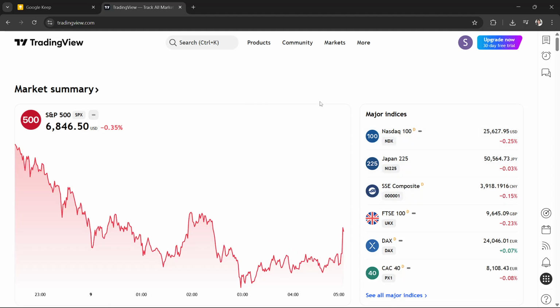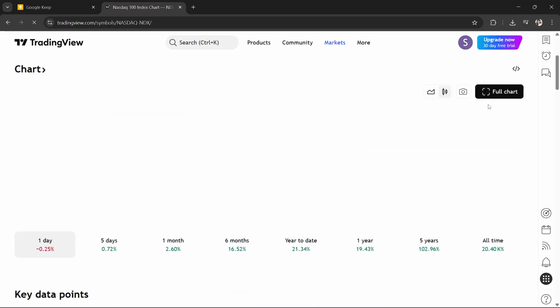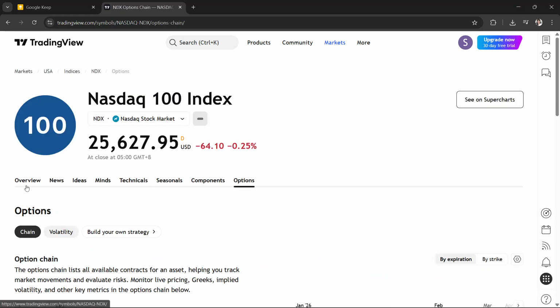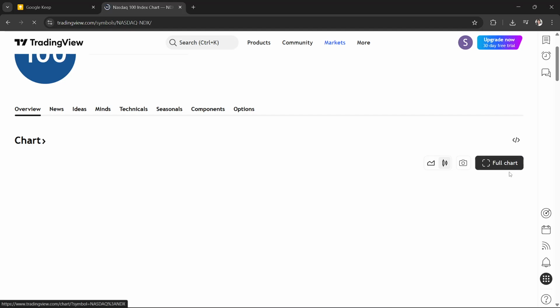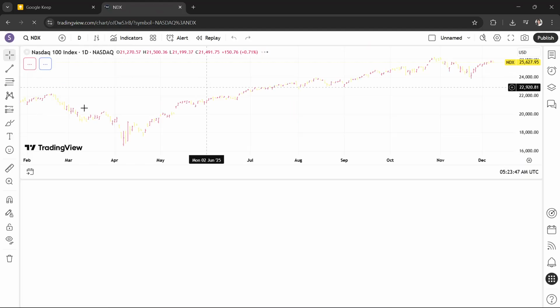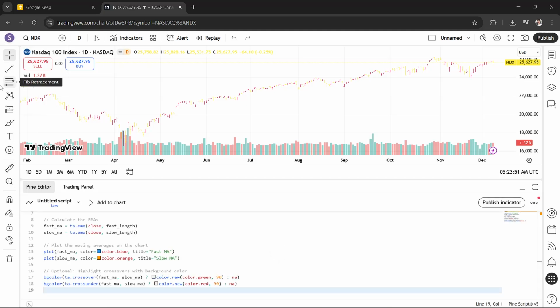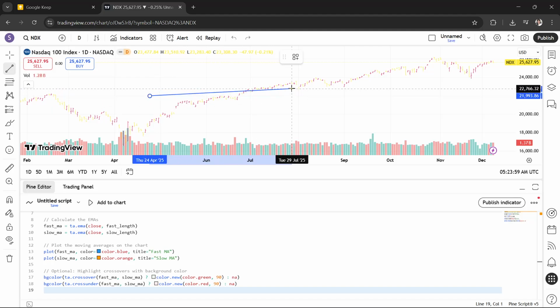Once you're on your TradingView dashboard, select the chart of your choice, then click full chart, which is right here. Once you're here, go to your toolbar, which is on the left panel of your screen, and click trend line, which is right here. Then drag a trend line on your chart